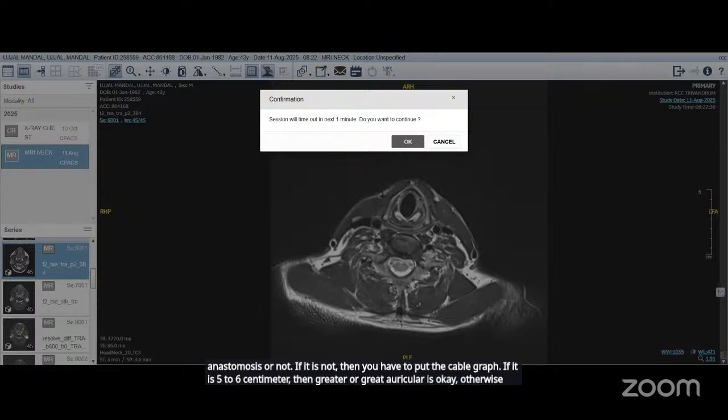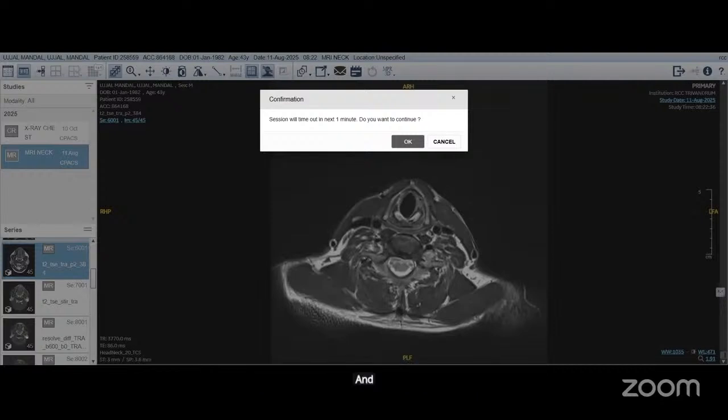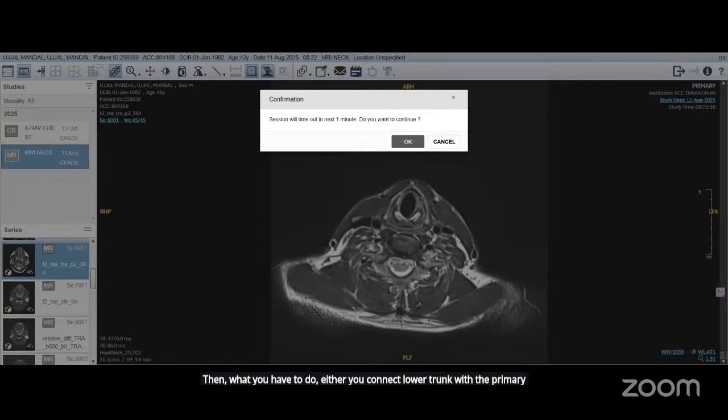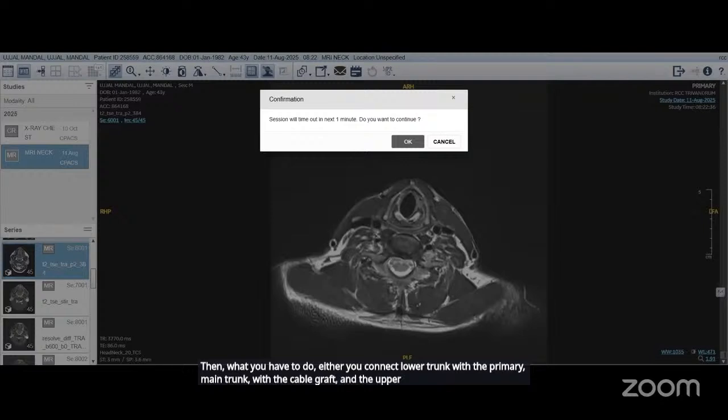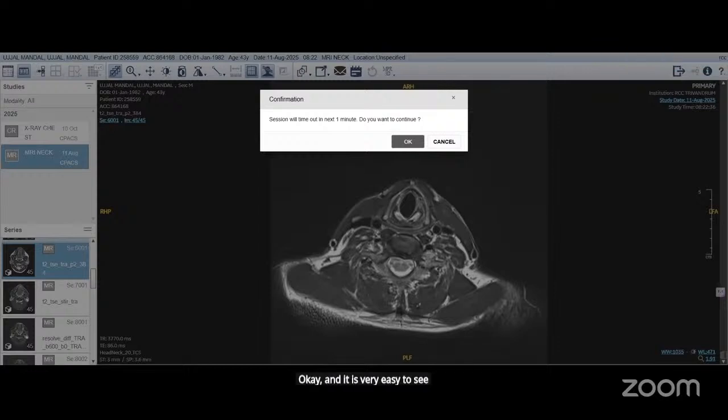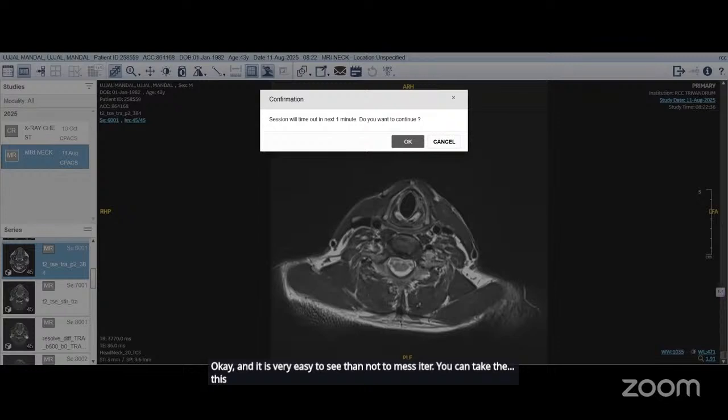Otherwise, take sural. And if you are getting the two trunks different, upper and lower different, and the main trunk different, then either you connect the lower trunk with the primary main trunk with the cable graft, and the upper trunk you can do anastomosis with the nerve to masseter. Ma'am, it is very easy to see the nerve to masseter. You can take this probe which is there with the anesthetist. You can just see the twitching and apply it there, but everything you have to do under muscle sparing